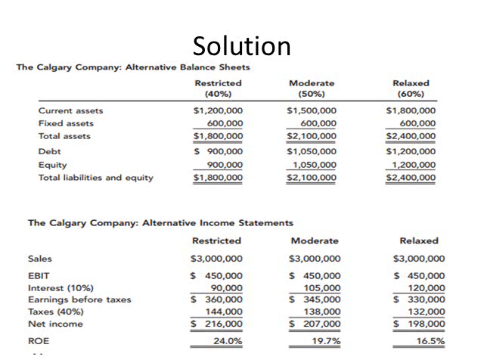Now, as all of us know from year one, the total assets equal total liabilities and owner's equity, which means in the first strategy, if total assets equal 1,800,000, then the total liabilities and owner's equity will be equal to the same value, which is 1,800,000, and this will be the same in the other two strategies. As we know from year one, total assets in the balance sheet equal total liabilities and owner's equity, so total liabilities and owner's equity equal 1,800,000, and so on in the other strategies.